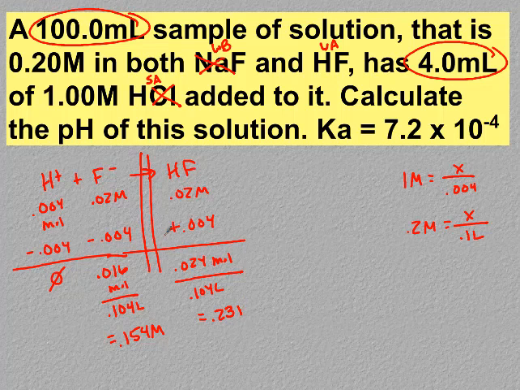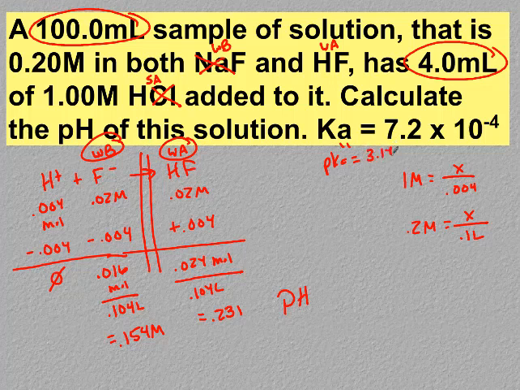Notice that my amount of acid increased and my amount of base decreased because some of my base reacted with the acid. So I reassess. This one was my weak acid, this one is my weak base. I still have some of both left, so I still have a buffer, which means I can plug that into Henderson-Hasselbalch. My pKa, I'm going to go ahead and solve that up here,